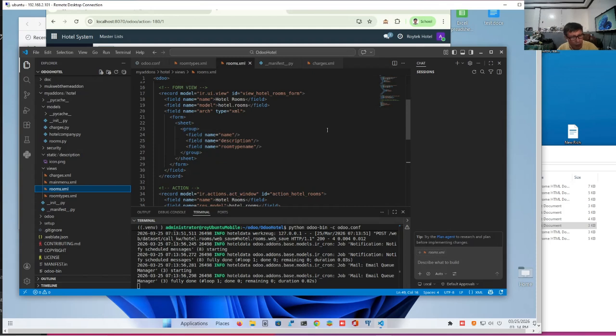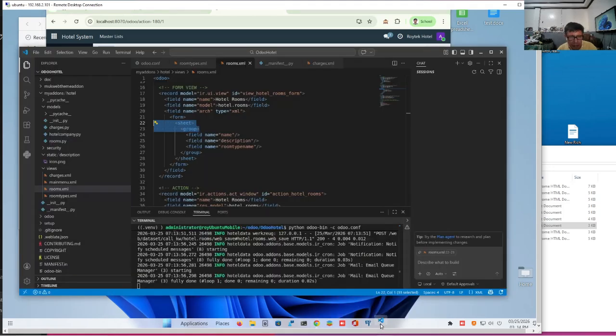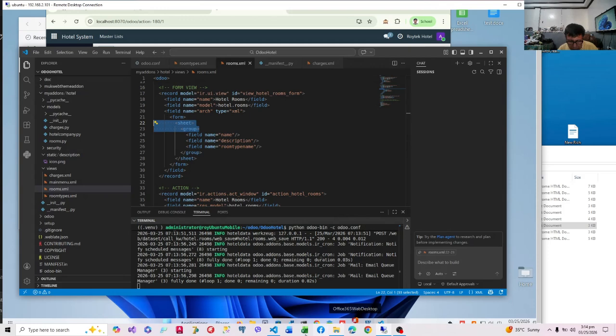Okay, I will put a group, group on a sheet. I'm not sure why it's not, no, it's already there.